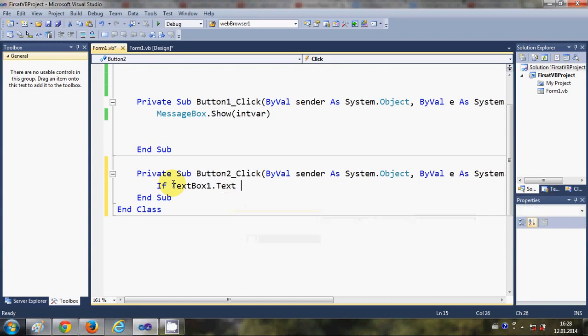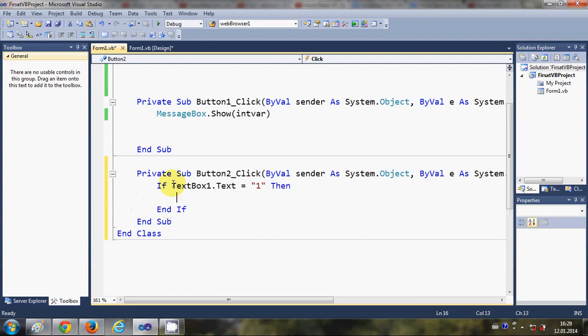So take the text. If your text box text is equal to, and let's give a condition, so we will say that if my text box text is equal to 1, for example, then